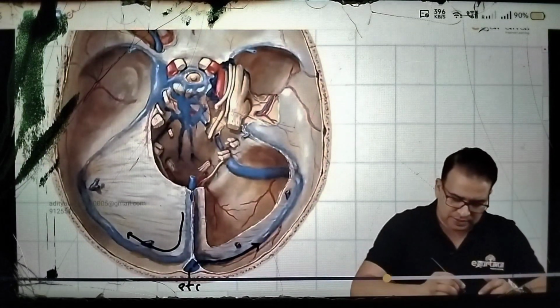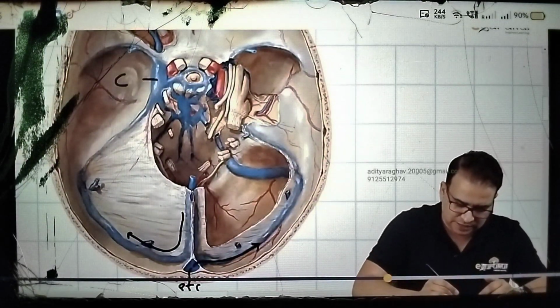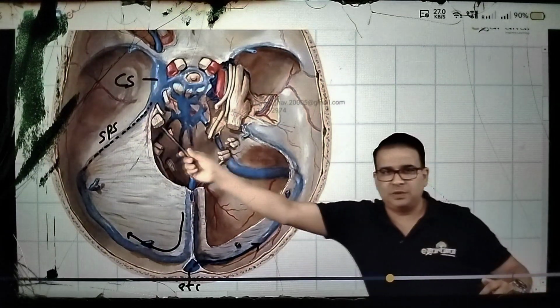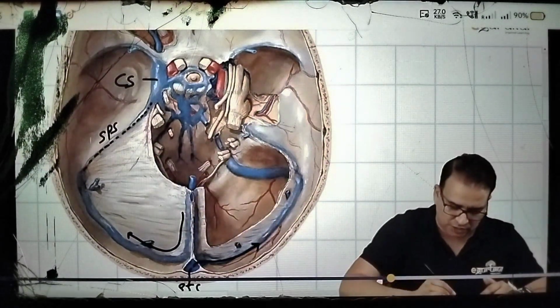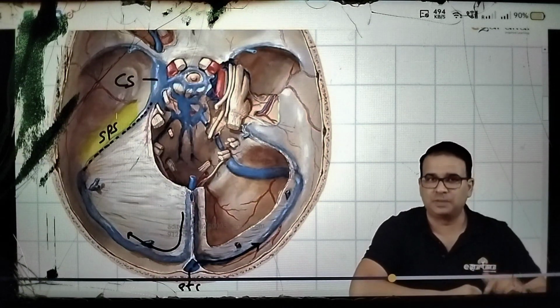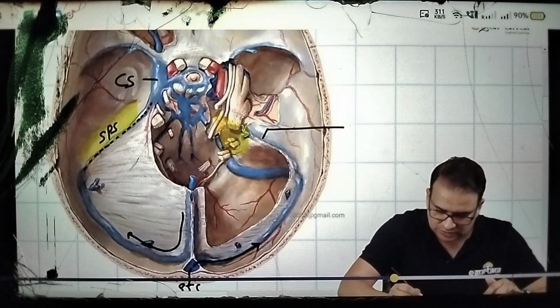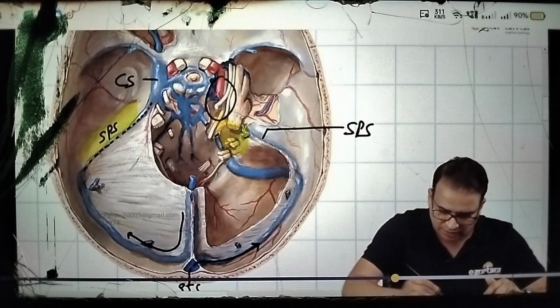Now look here. In this image here we have the cavernous sinus. You can appreciate the cavernous sinus there. This is the cavernous sinus, and this is the sinus going backward toward the transverse. This is the superior petrosal sinus. So when the superior petrosal sinus comes back and drains into the transverse, it is running on the upper portion of this petrous temporal bone. So we call it superior petrosal. This whole thing is the petrous temporal bone. Again on this side you see this is the superior petrosal sinus, and because the cavernous sinus is removed from here, look at this one which is running